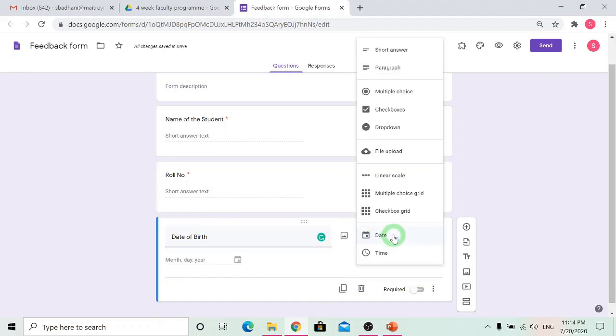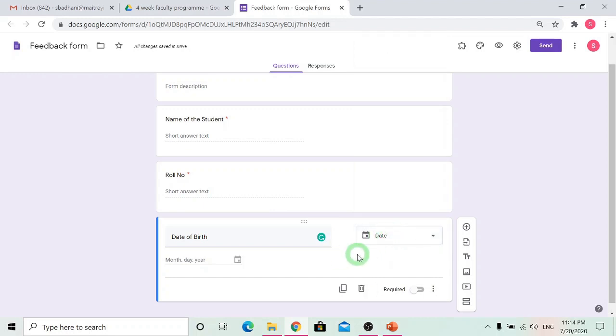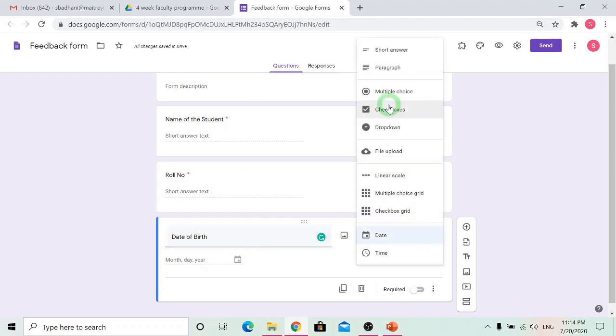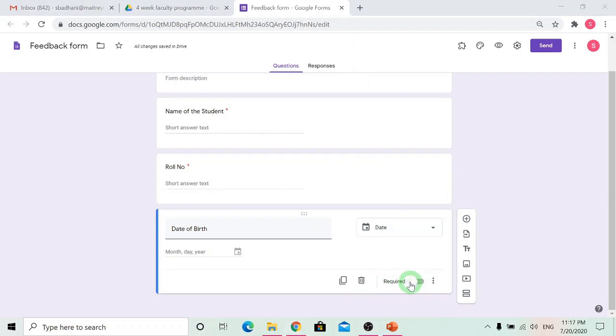For answers in the form of date, we have the date option over here, so we can select it. You must have noticed that when I type the question over here, automatically it selects the best match. Like I wrote date over here, so automatically date came over here. Similarly, when I wrote name over here, so automatically short answer came over here. So there is this feature in Forms that it kind of finds the best match with the text that you have written over here. And in any case, you can go ahead and change it if required. Let this be an optional question, so keep required off.